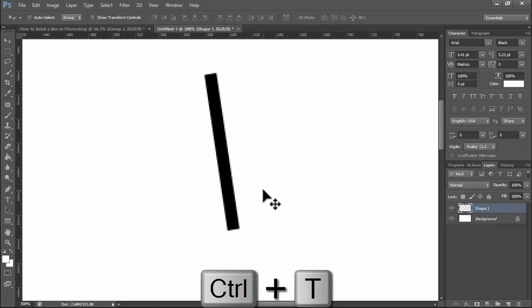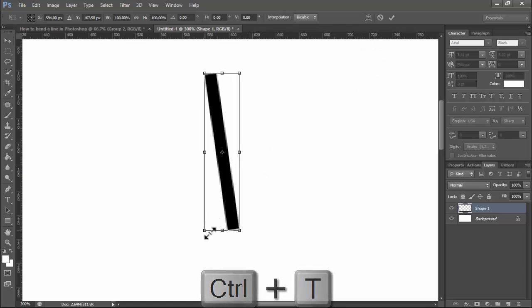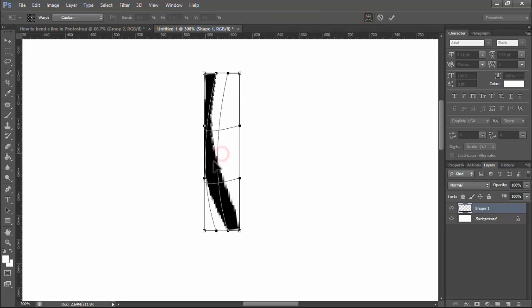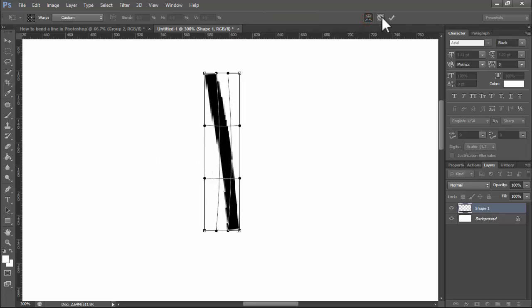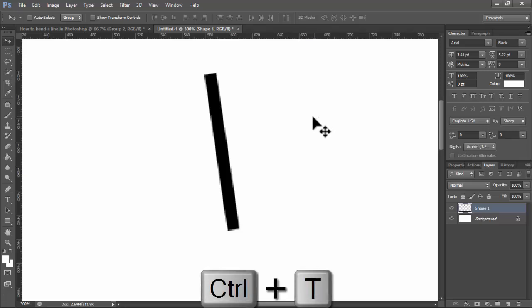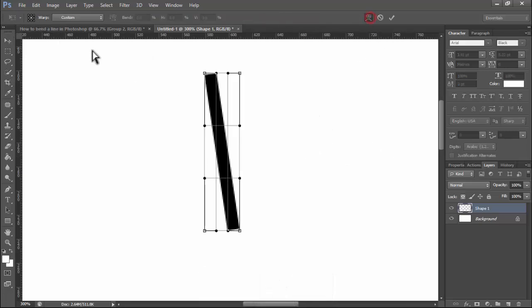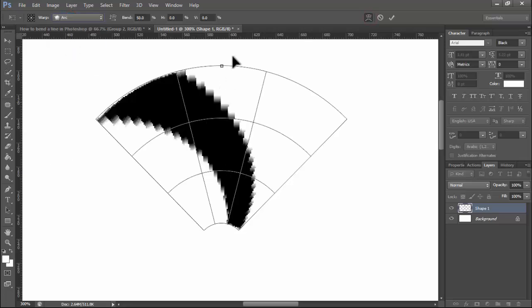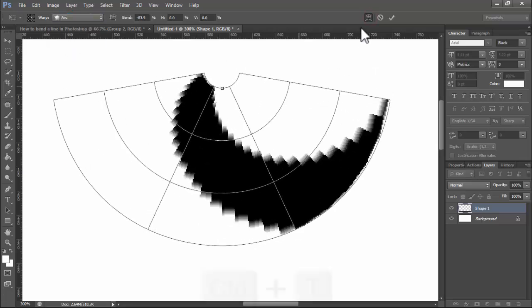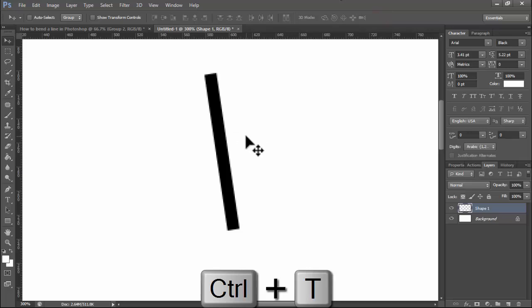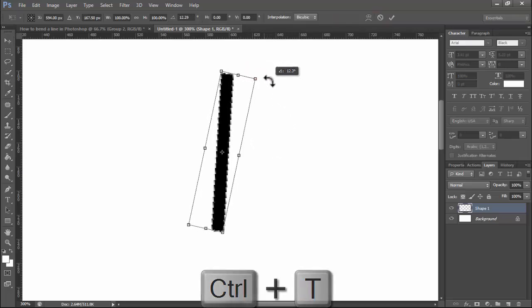Press Ctrl T, hold, click this icon, and now move this and press Ctrl T, click this icon. Now see this custom arc. For the best way to bend,